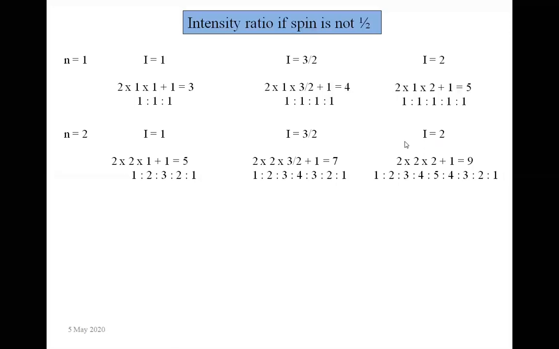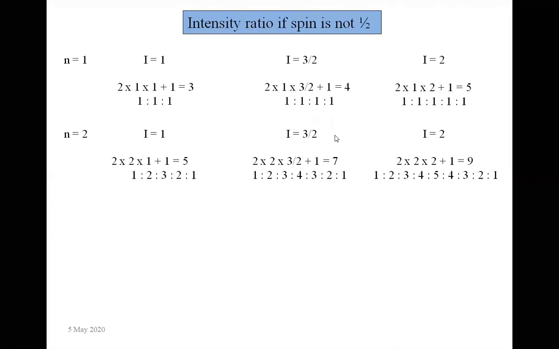Spin is the same. Okay, but n is equal to 2 आ गया, जो कैलकुलेट करेंगे by putting the value of n and I in the formulas we will get. In case of spin 1, n is equal to 2, there are 5 lines. So NMR में जैसे अपन लिखते हैं वैसे 1 1 2 2 and 3.